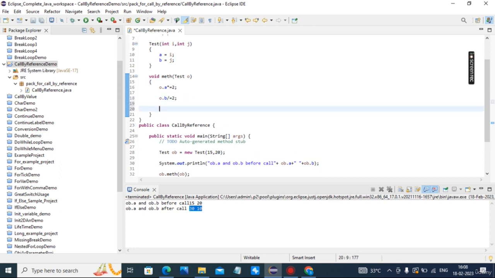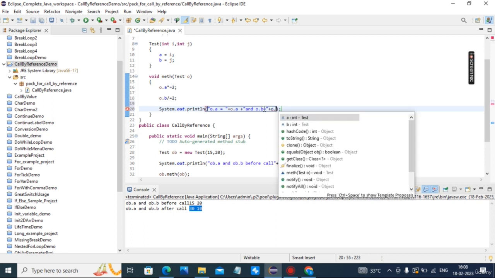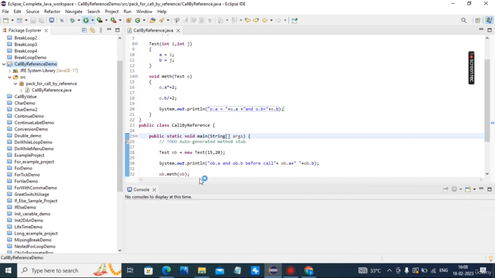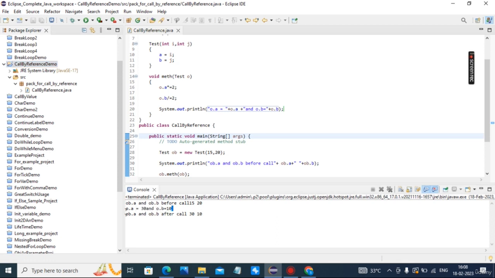I also do one thing here. Parameter o, object dot a and object dot b is equal to o dot a and o dot b. In the method, changes are taking place, and after the call also changes are taking place.